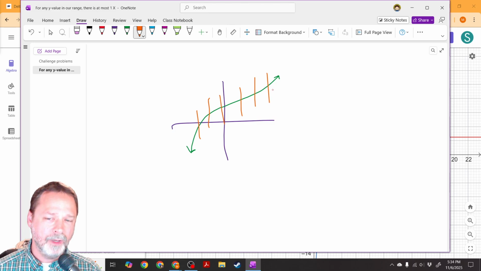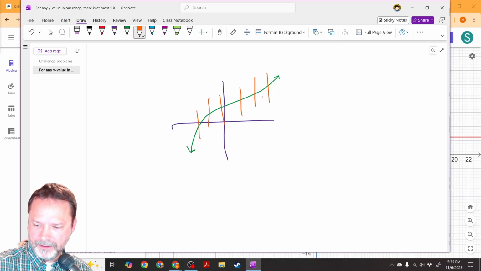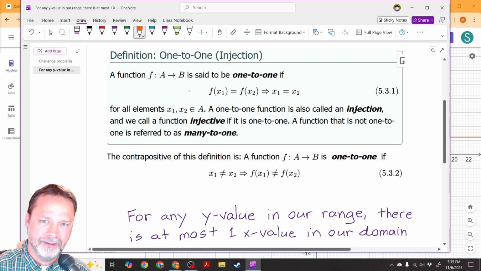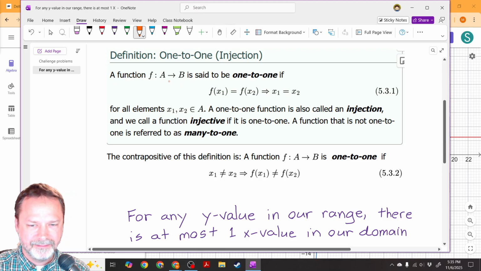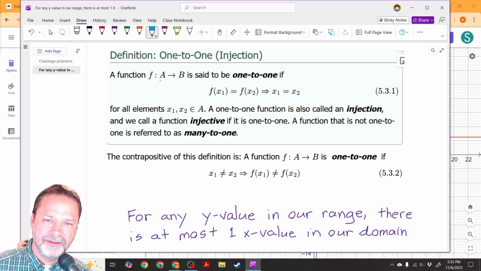So a one-to-one function is going to be extra. It has to have this be true because it is a function, but there's also another condition. Here's some language you might not care for, but I'll boil it down. A function f from A to B, in other words, we're taking elements from A, which are x values, and mapping them to B, which are our y values,